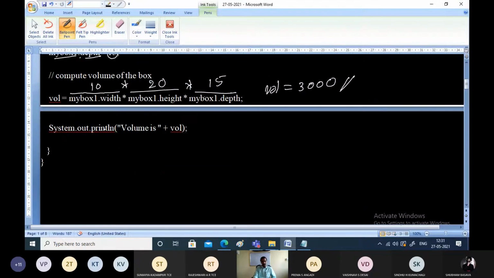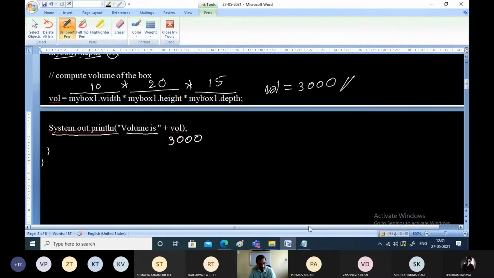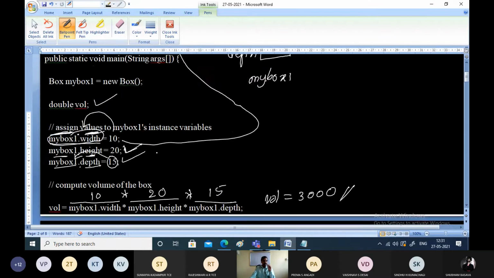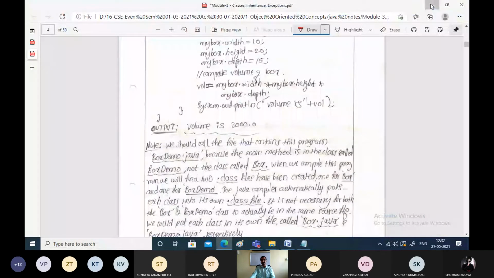It will print "The volume of the given box is 3000". So this was an example we saw for a sample Java program, that is, creating, writing and compiling. I'll show you the compilation and execution.